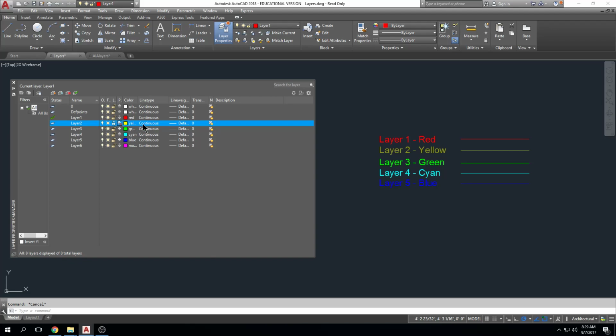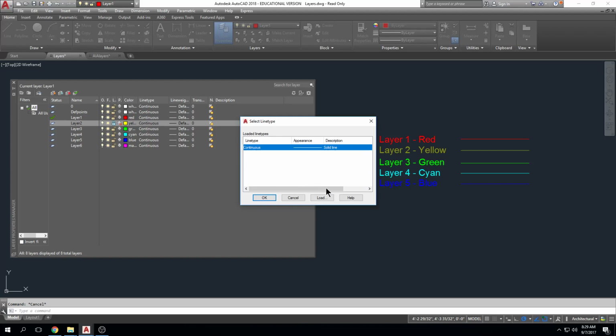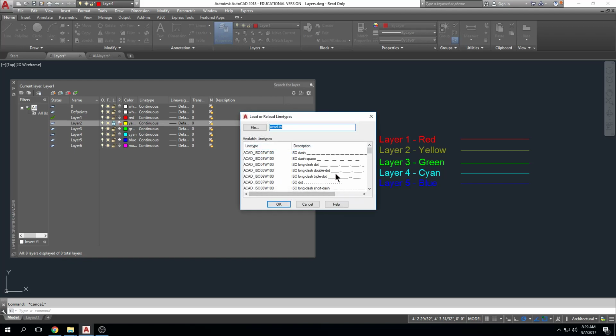But I can control the, again, this is kind of a visual item. I can control what the line looks like, right? So if I come here to continuous, I'm going to go over this. Let me just pick one and I'll show you what happens. But do you see all the different line types that we can associate with this layer, right? So if I, for example, pick